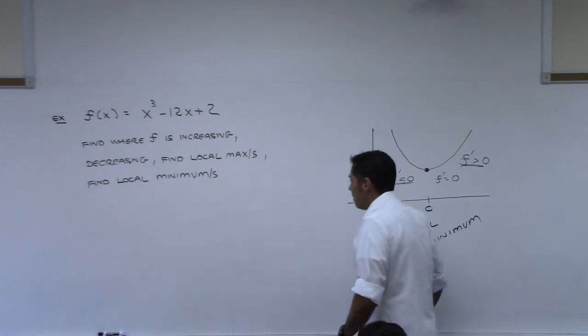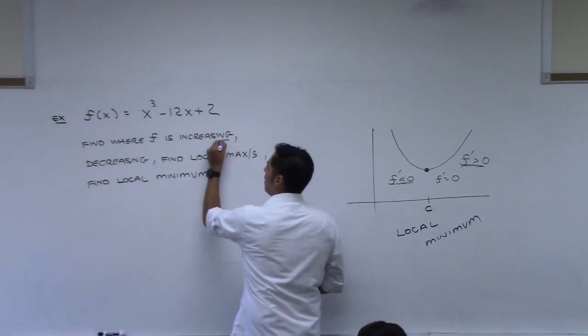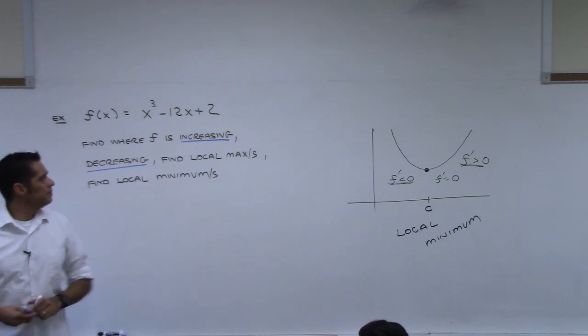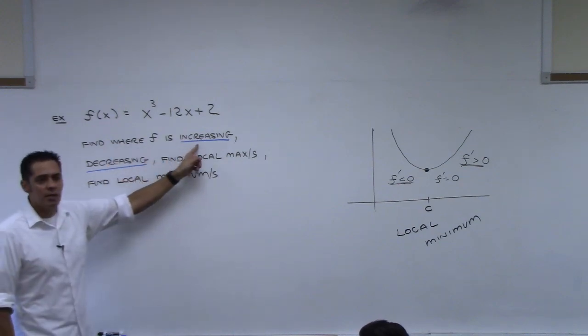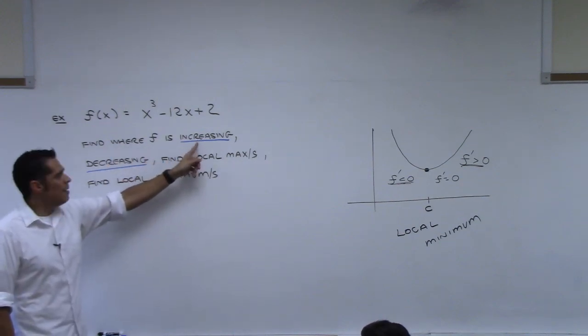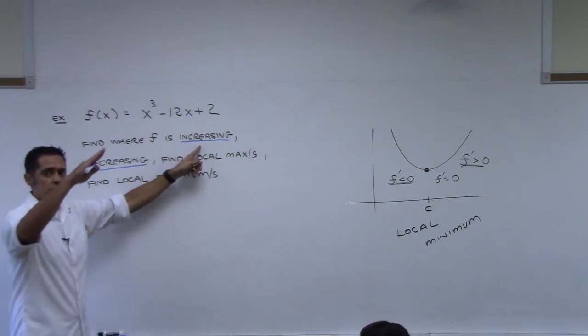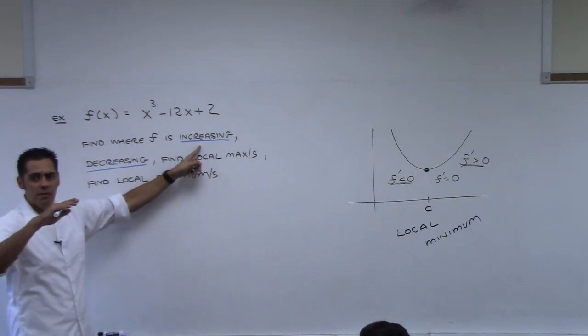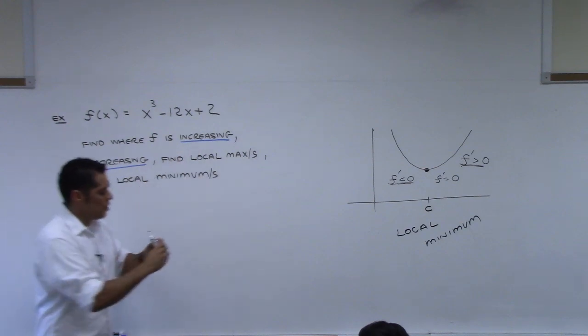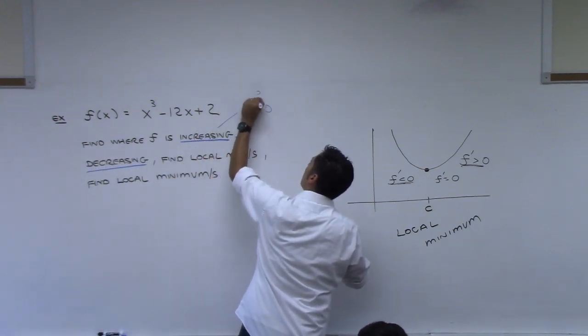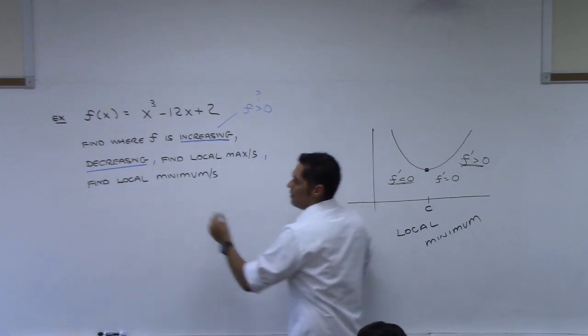Now, what does increasing and decreasing mean? What do you think it means? Because I haven't defined it. What do you think that's asking for? Find where the function is increasing. What do you think that would mean we need to figure out? Where's the derivative what? What does that mean, though? The derivative has to be what if we're going up? Positive, right? So this right here means we have to figure out where is the derivative positive. And then this would mean where